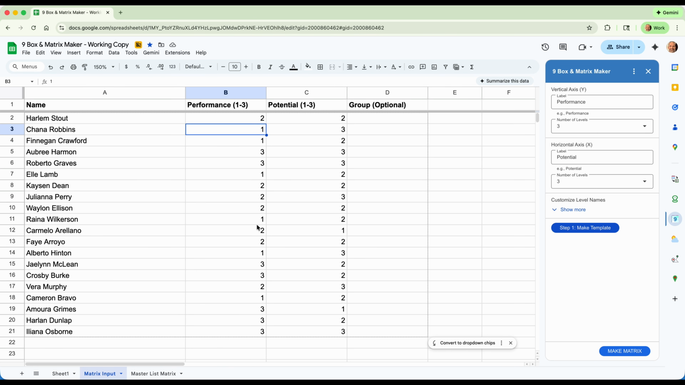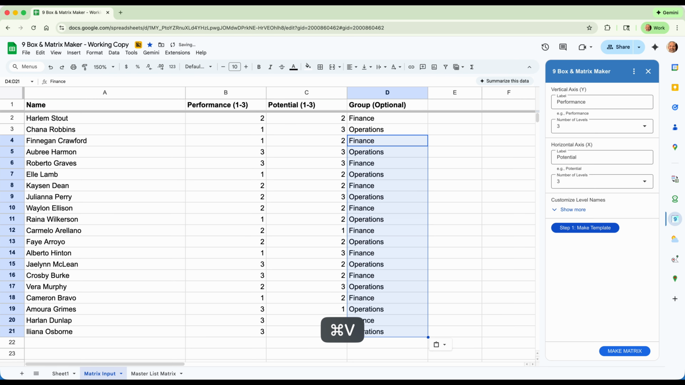So if you want a different size matrix, or if you want multiple matrices at once, let's go over how to do that. So we'll say the group would be finance and operations. So we'll put a few of those in here. We'll just disperse them evenly for the sake of illustration. So you have two different departments, two different 9 boxes,